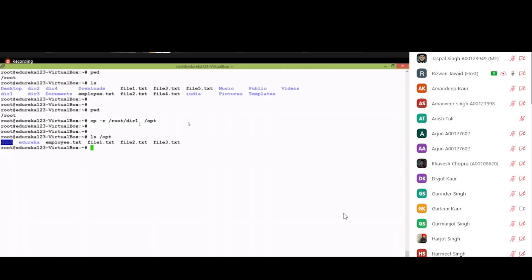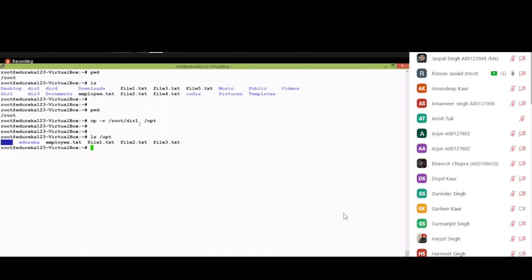Before that, we were watching how we can copy a file. Another item is a directory. I already mentioned that a directory is like a folder in Windows. Why do you create a folder? You make sure all your important documents will be placed there, right?